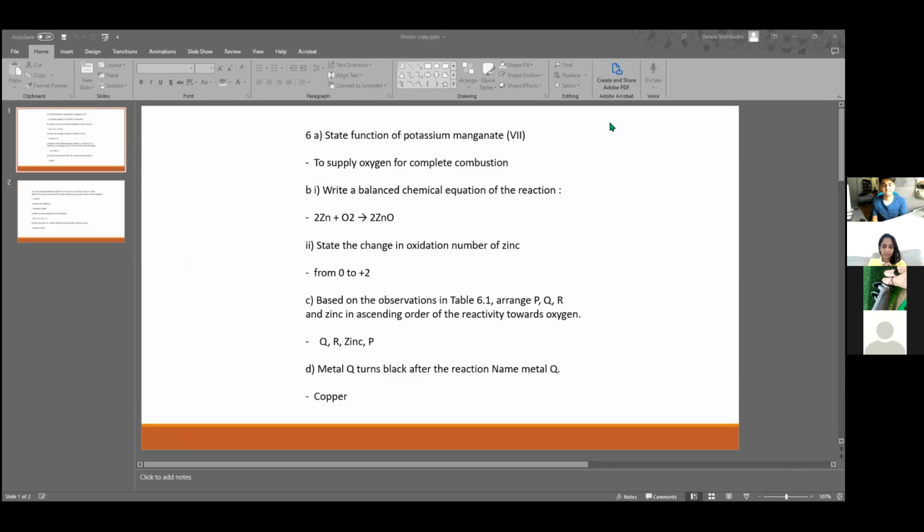Okay. So the first question asks what is the function of potassium manganate(VII). The experiment is to determine the reactivity series of metals with oxygen. So we must have oxygen, right? So in order to get oxygen